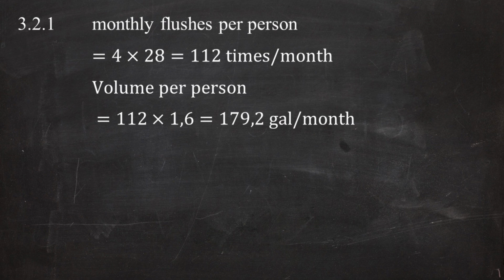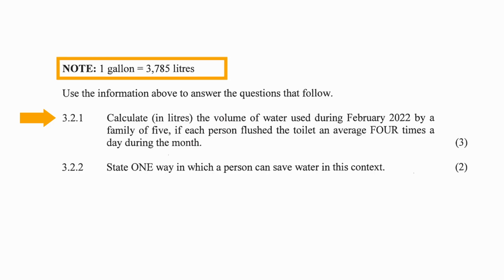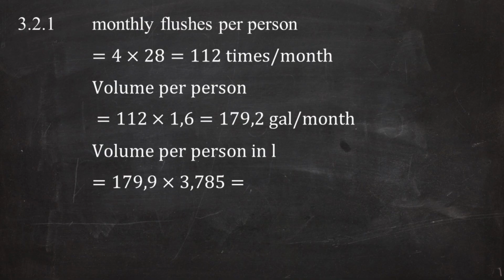179,2 gallons per month. Now using the conversion factor of 1 gallon equals 3,785 liters, we can convert the volume from gallons to liters. 179,2 gallons equals 179,2 multiplied by 3,785 liters per gallon, and this equals a volume of